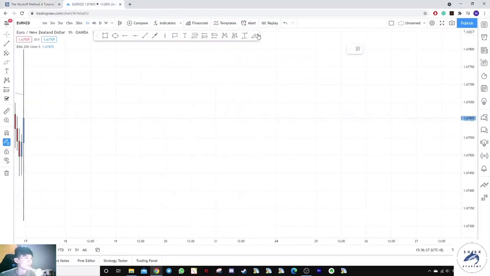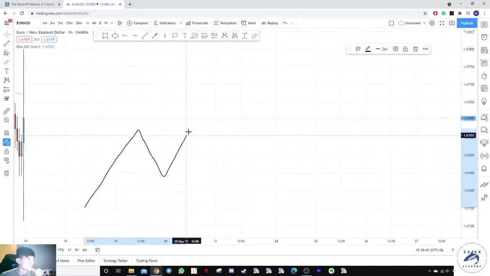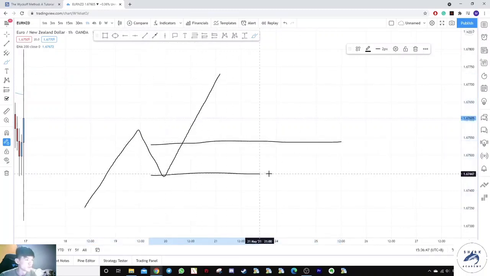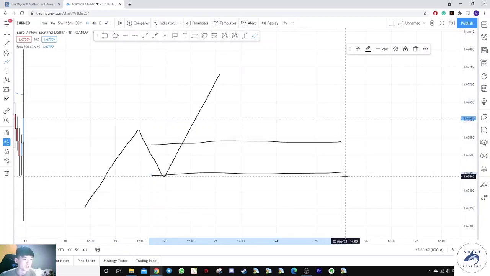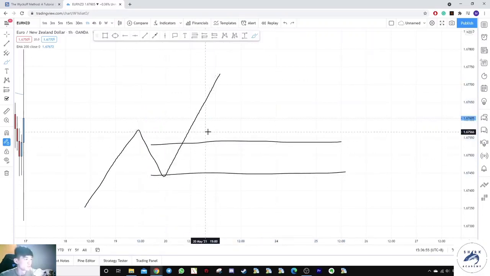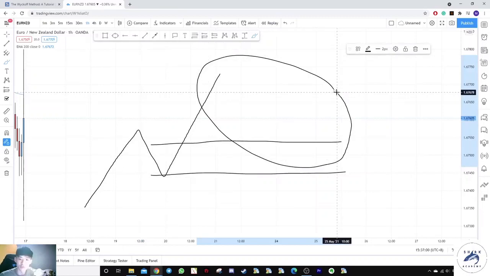In this example, I'm trying to tell you that in a typical schematic, we have an uptrend, for example, leaving behind an order block. If you don't know what an order block is, please refer to section 3, part 1 again. This is the last down move before the up move. So this will be an order block, and this will be an accumulation and distribution, which is talked about in section 2, because